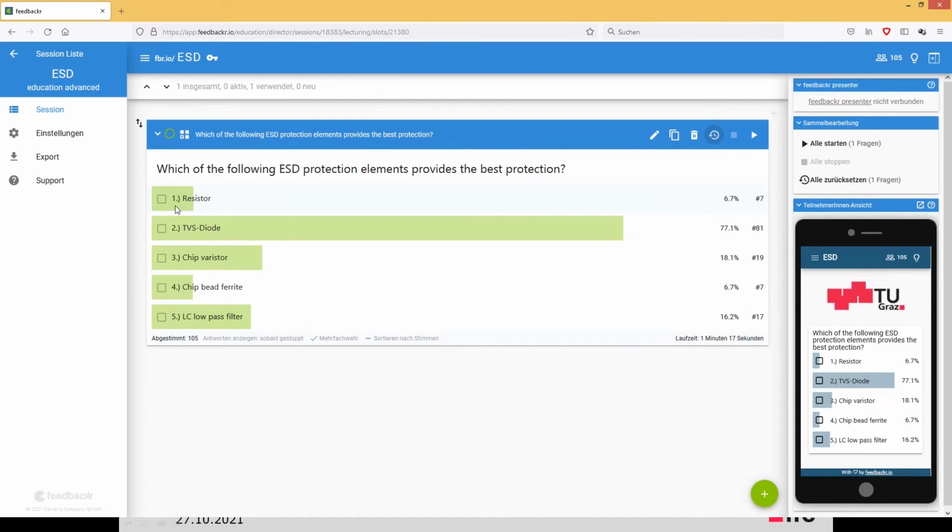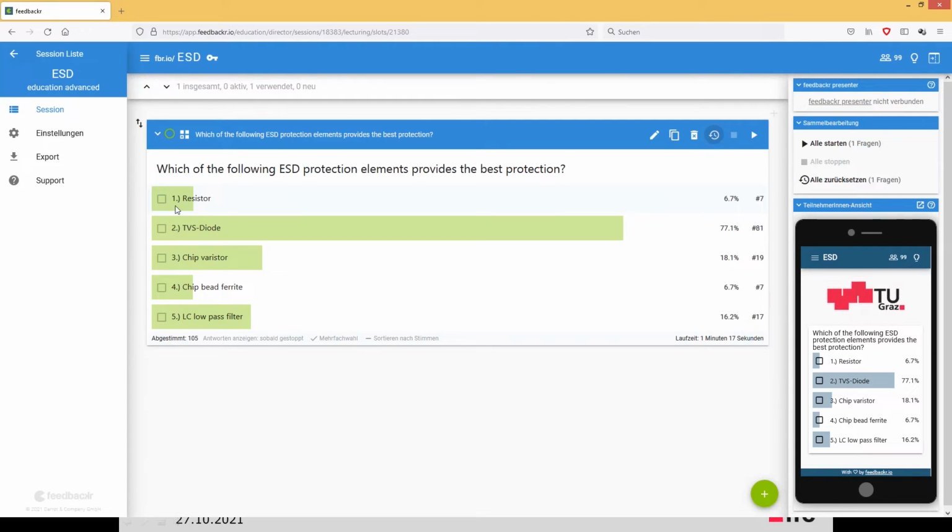Why? If we are doing this experiment, we are also asking the students to take a very close look while we are shooting the ESD disturbance into this resistor. And you can really see a spark jumping from one terminal of the resistor to the other terminal, also bypassing the resistor, and in this case, not really protecting the human person, or in this case, the integrated circuit.